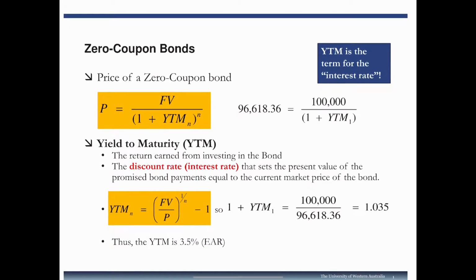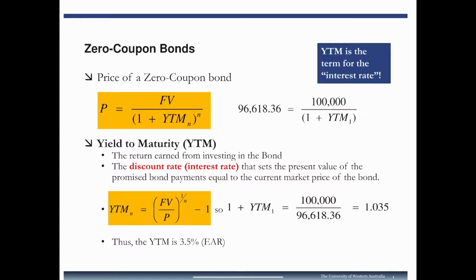So here's a formula that you can rearrange. You don't have to memorize this formula because it's actually quite straightforward, because if you rearrange it, you get it. So yield to maturity here equals, if you rearrange the orange formula, the one on the top, (face value divided by price) to the power of 1 over n, minus 1. So in this particular example, the yield to maturity would be 0.035. And given this is a 1-year zero coupon bond, essentially that just means it's 3.5% per year,